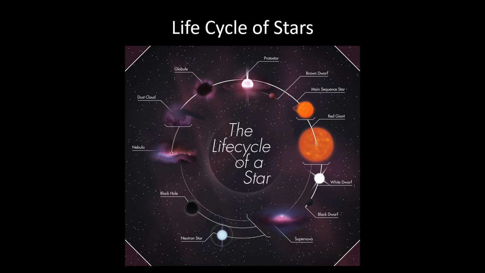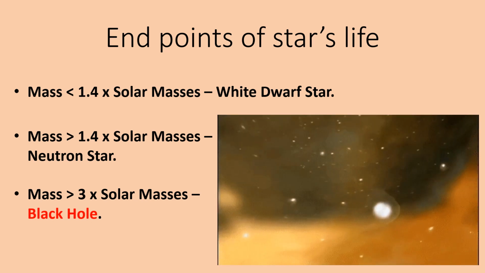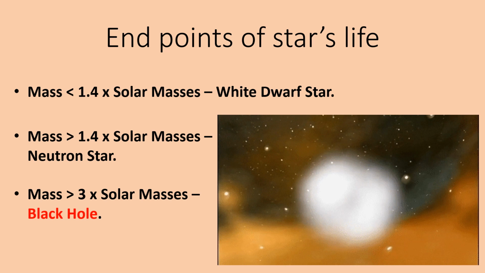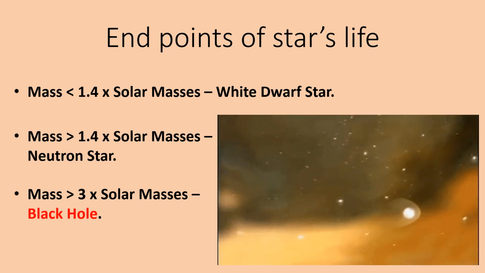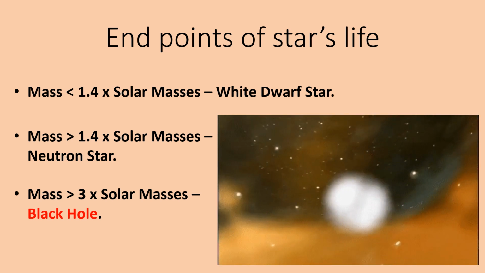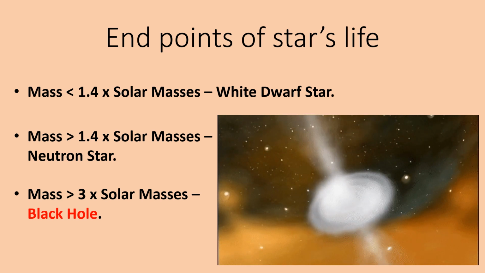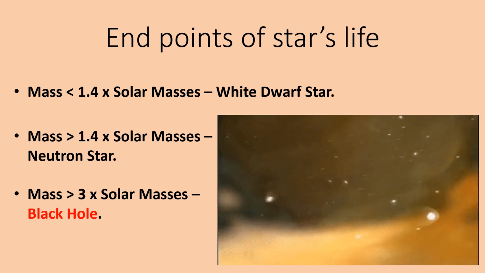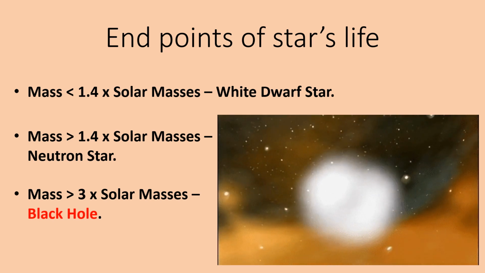So this is a brief summary of the life cycle of our star, how the star forms and how the star ends. And in the end, for understanding more accurately, these are the endpoints of star life. Basically, when nuclear fusion is completed and the fuel is exhausted, the star dies. The star dies, meaning the star is converted into another entity. So first of all, if the mass of a star is less than 1.4 times the solar mass, it is considered in the series of low mass stars,